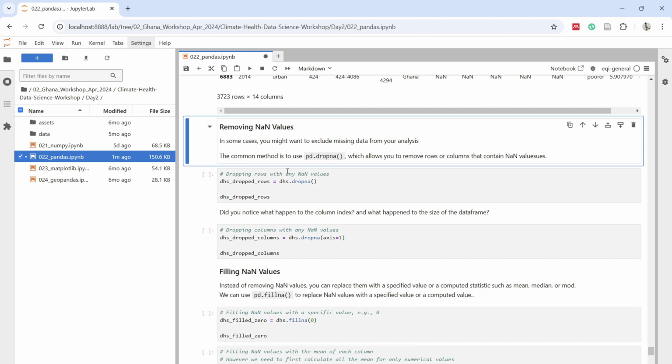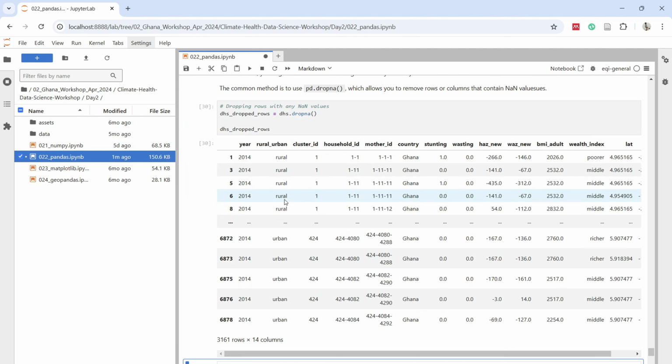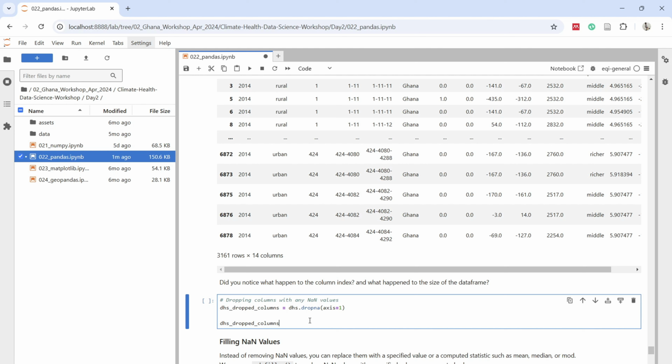The most common way to do this is to use the dropna function, which will just remove rows or columns containing the null values. If we run this, we can see that now index number 2 and index number 4 were dropped. So we can see that this is dropping the rows that contain the null data. By default, this function removes any rows with NaN data,